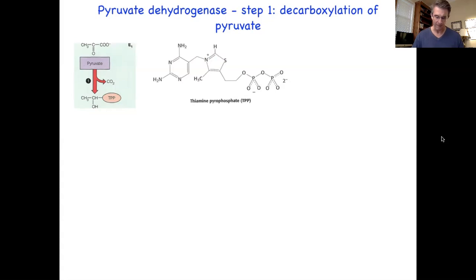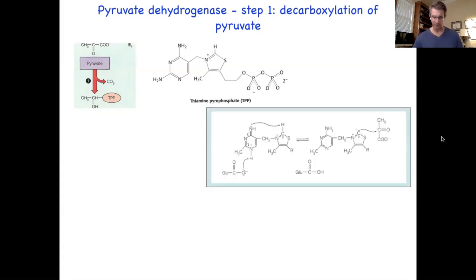Because if you recall, that methine proton is unusually acidic compared to a normal methine proton, right? By virtue of this sort of imine-like quaternary amine in this thiazolium ring, there is a fantastically good sink there